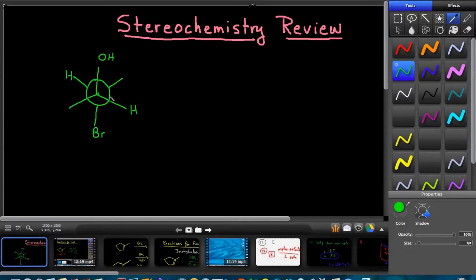So what I'd like to do is show you how we can go through a problem like this, and you're going to need to use a little bit of creativity because it's going to ultimately depend on your ability to rotate bonds. So if I rotate this such that the front carbon will be to the right and the back carbon will be to the left,